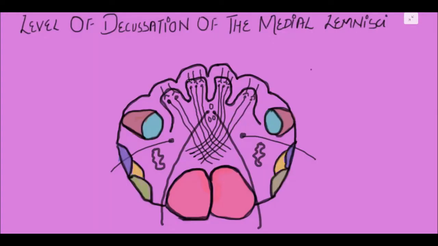So today's lecture is about the medulla oblongata, and it's part 2, for the level of decussation of the medial lemnisci. In the previous lecture, I discussed the decussation of the pyramid, and today we're going to discuss the level of decussation of the medial lemnisci. So starting with the features which we already know, which is the